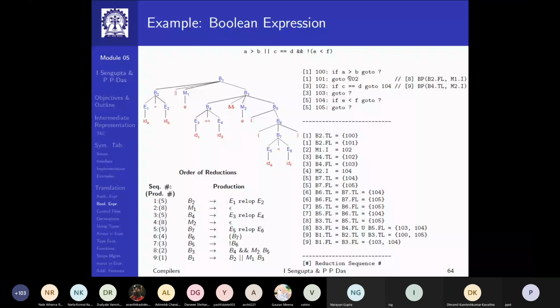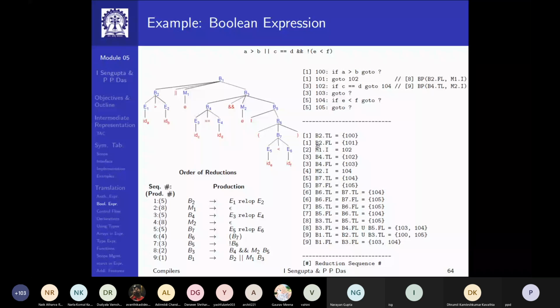It came in later on. So this is a question mark. So I have a true list here for B2, which is 100. So B2.TrueList, TL stands for true list, is 100, whereas I have a false list, which is 101. So these two got generated.